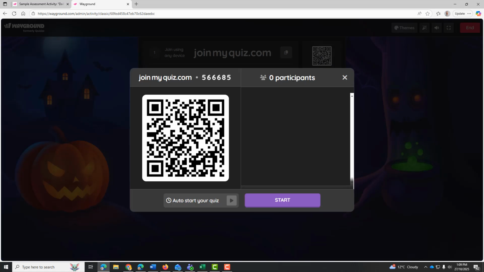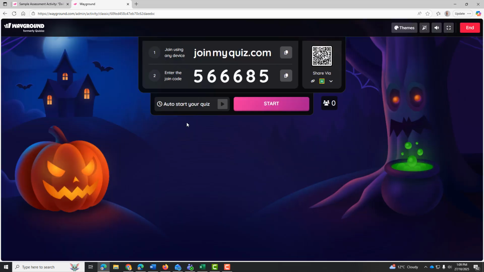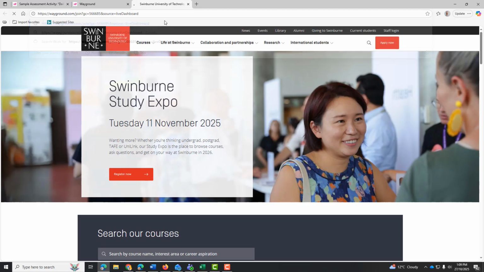you have a QR code. You also have the numerical code that they can enter, and sort of post it in, and then I can